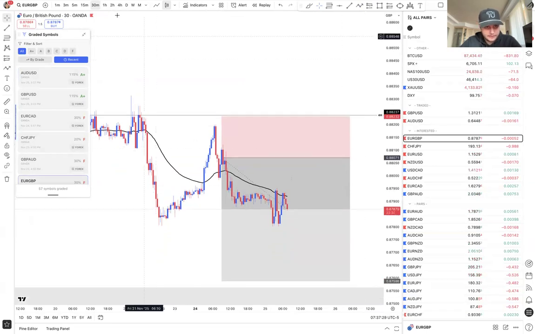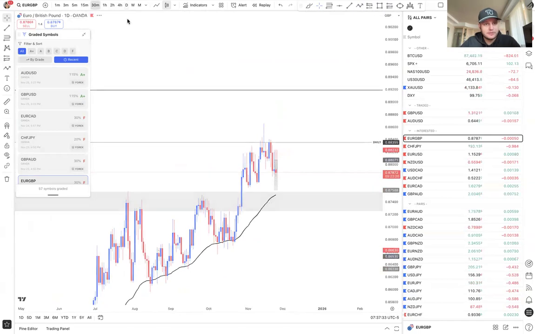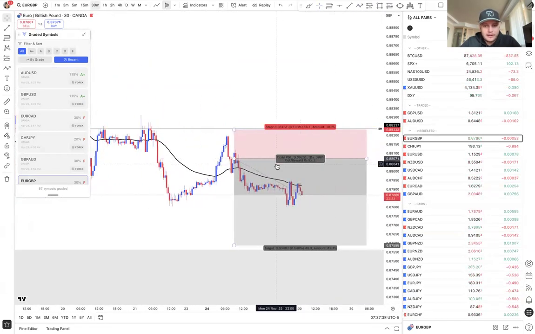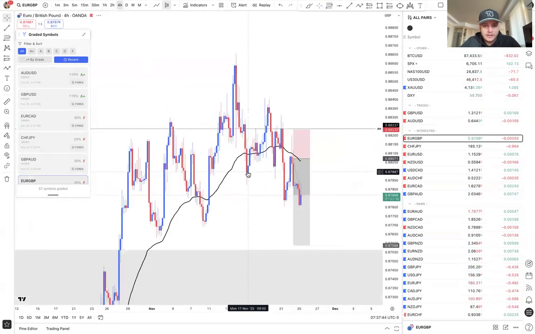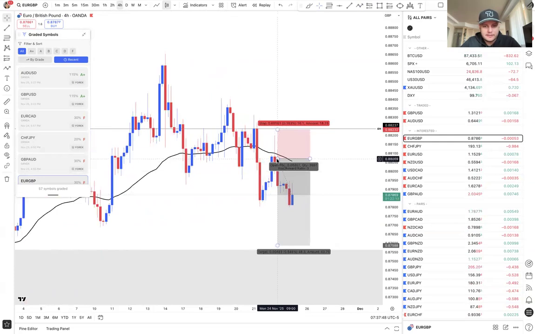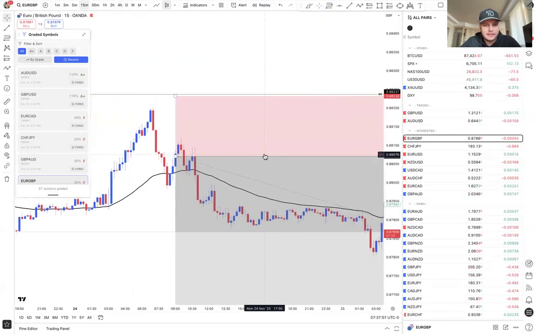All right. So next we have Euro GBP. Euro GBP was one that I was very interested in for this week and one that I missed out on. In fact, yesterday during the call, we were basically talking about this one. We had the 4-hour rejection candle. It was exactly at this time yesterday. And price was actually having a push to the upside while we were breaking it down.